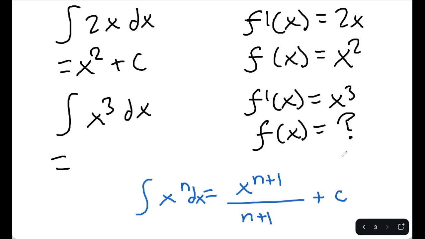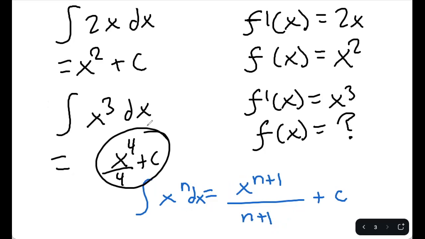You can see why the formula works, right? If you do the derivative of this, you'll get this. So what do you think the answer is going to be here? Well, if I were to use the formula, it would be x to the power of four, and for the denominator it would just be four, plus c. Yeah. And you can always check your work by doing the derivative of this, and you would get